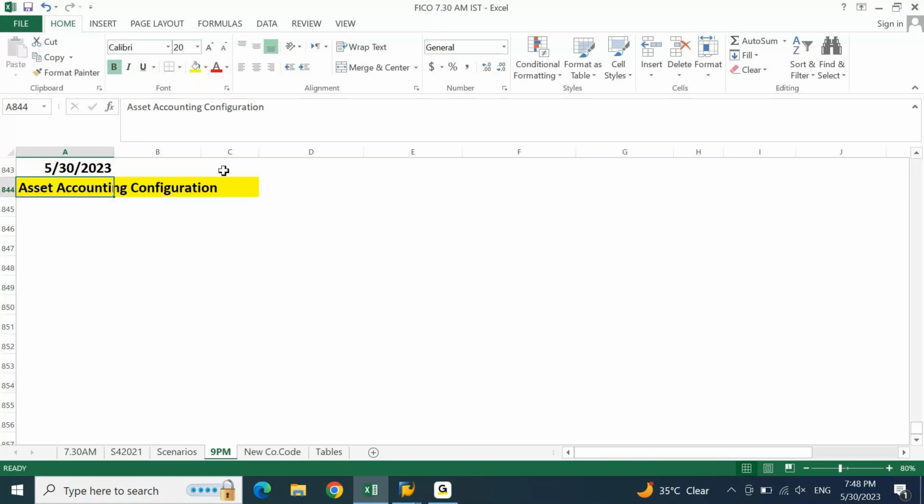Let us write down certain points which are prerequisites before you create or configure asset accounting. Let me put prerequisite. Under prerequisite, point number 1, leading ledger and non-leading ledger.